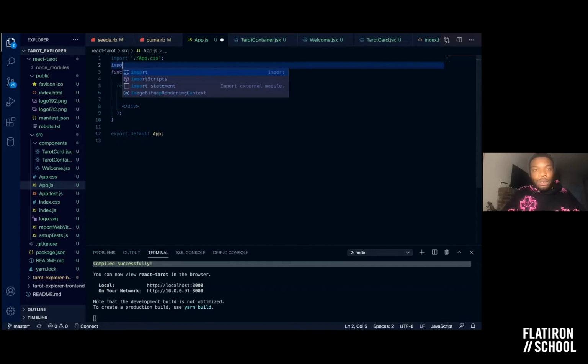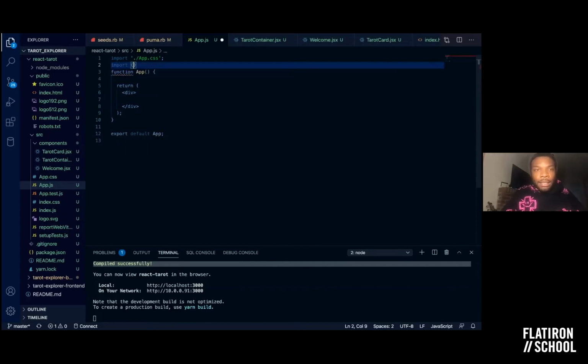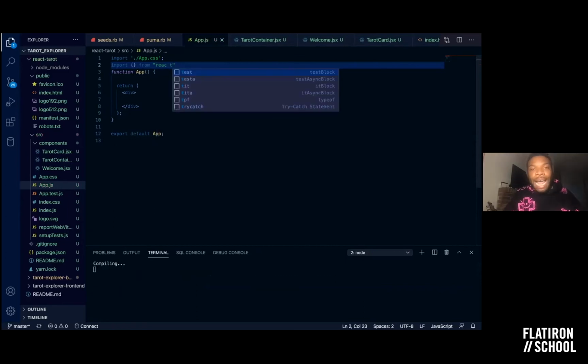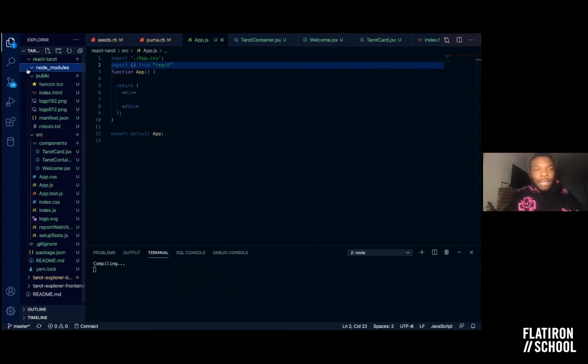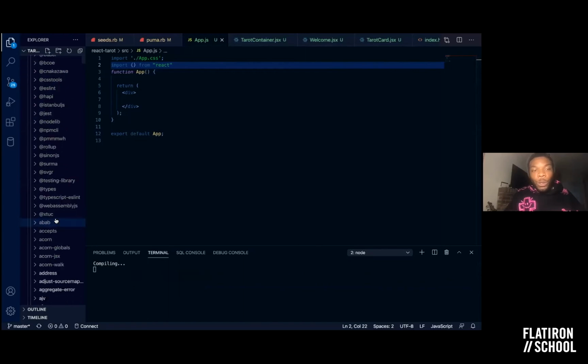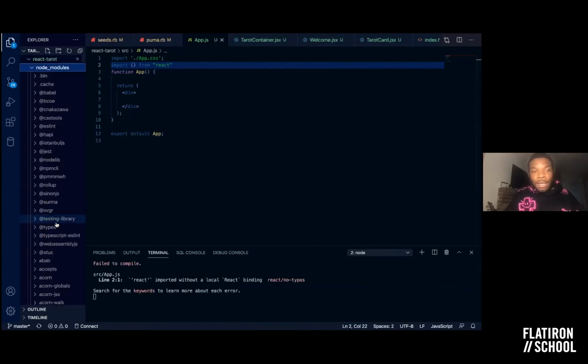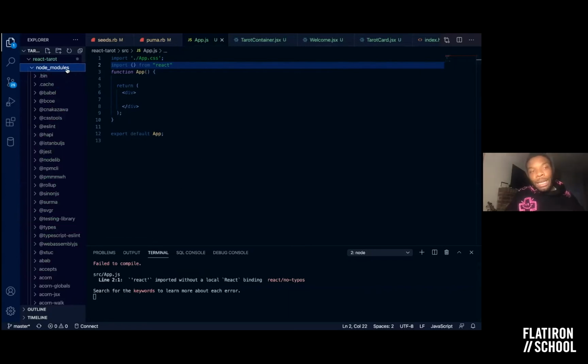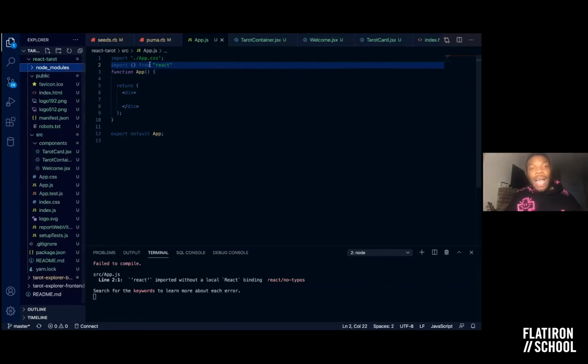First, what I'll need to do is import, and I'm importing from React, right? React some class that's defined somewhere in the node modules. These are all of my tools that I have available to me that are what make up React. So when I did yarn add react-router-dom, that's where it went. It went into my node modules, which will contain the classes, which will have the tools that I need. Right now, I need BrowserRouter from